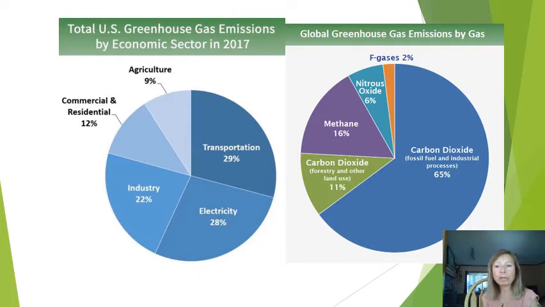The drawdown means that the sequestration of carbon taken away from the atmosphere is actually higher than the amount of emissions produced by all anthropogenic emissions. And this is possible. And this is why I have adopted the book, Project Drawdown, as the textbook for our class, that allows us to explore in depth some of those processes that really make sustainable living possible and that help us to see what are the solutions for climate change.